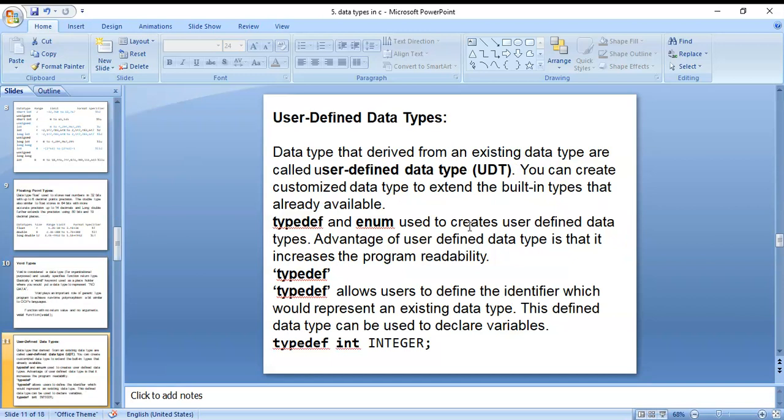Next one, user defined data type. First one was the basic data type, or fundamental data type, an inbuilt data type. The next data type is the user defined data type. The data types derived from existing data types are called user defined data types. You can create a customized data type